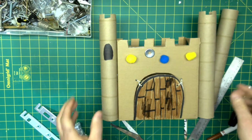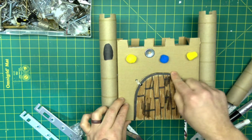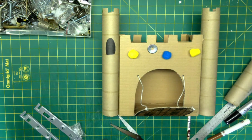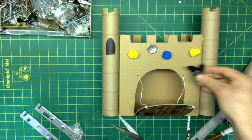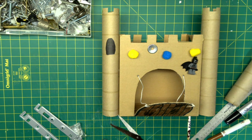I want you to be creative, but this is how you can design a castle with a drawbridge that opens and closes. And even decorate the inside. Who knows what you might have in there? Maybe you have some Lego figures you might want to bring in, and have a great time with your creativity of building your castle with